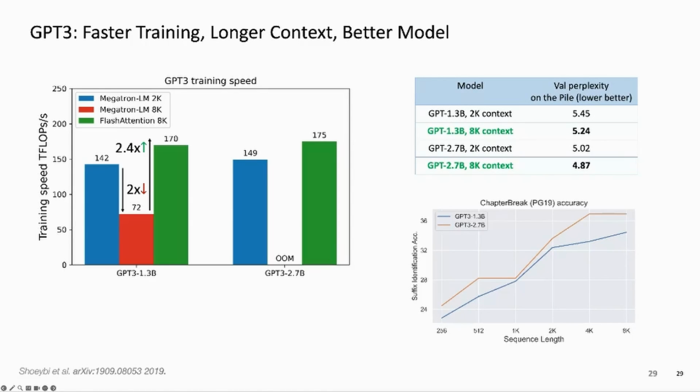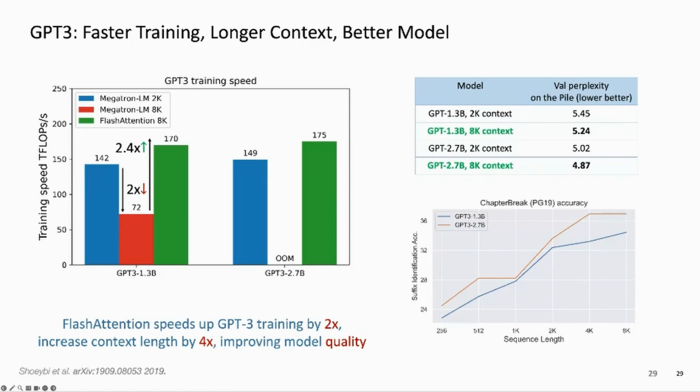So FlashAttention can speed up training by up to 2x, and we can increase context length by maybe 4x and improve model quality. As a result, lots of folks have been using it to train models, and model context length has been increasing recently. So that's some of the highlights from